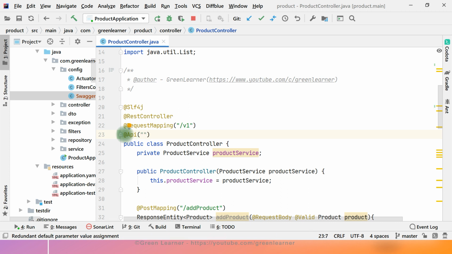So product API having endpoints which are used to interact with a microservice. Okay, so this is the one piece of information that I can put.